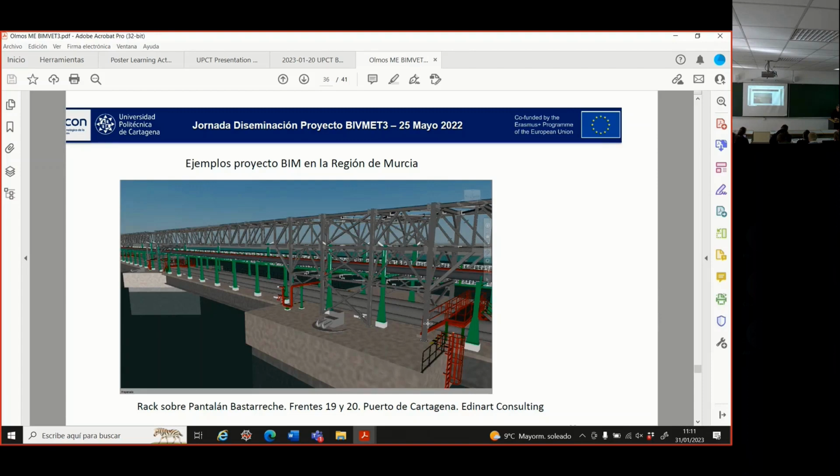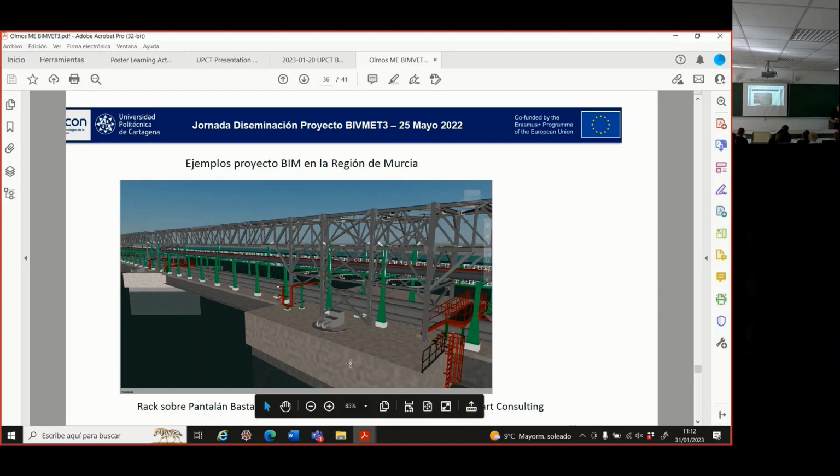This rack is being built in the port of Cartagena in a kind of structure that we call pantalan. The base is made of concrete with beams,